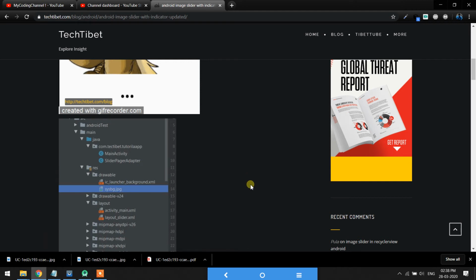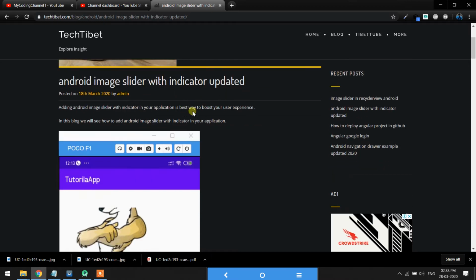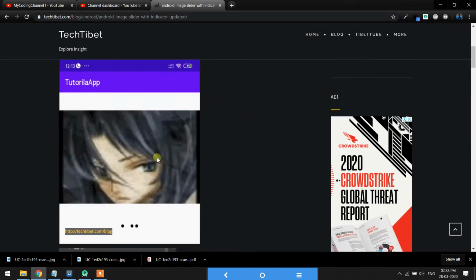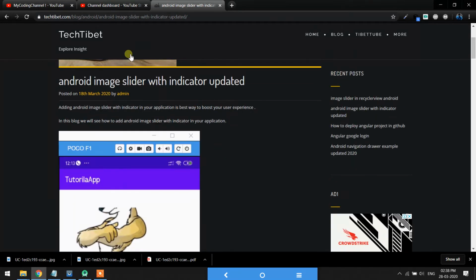Okay guys, in this video we'll see how we can implement an image slider with indicator. As you can see, the image has a slider at the bottom of the image. So either you can read this blog, I'll provide the link in the description, or you can just follow my video